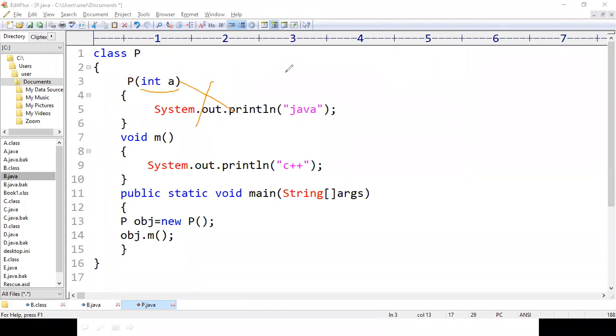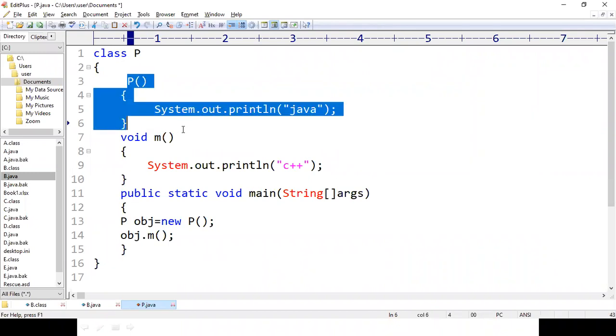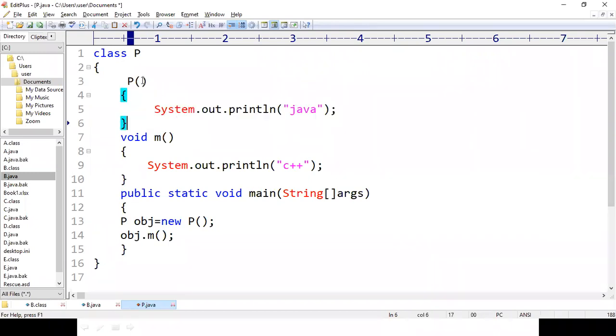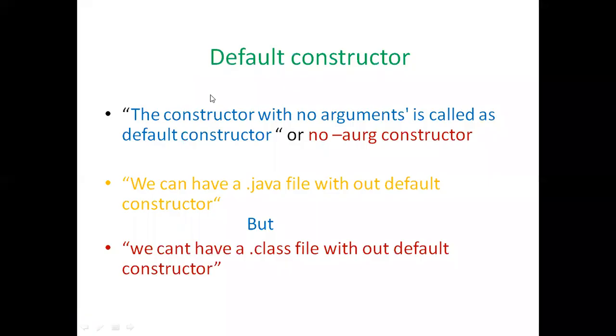If you want to make it a default constructor, then you should maintain 0 parameters for the constructor, right? So in this class P, this P is a default constructor because it does not contain any parameters. The other name of this default constructor is no argument constructor. Next one.